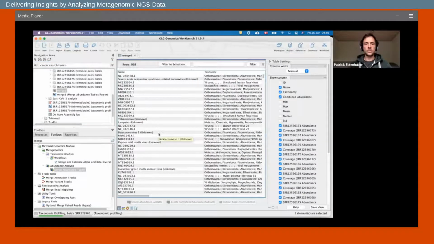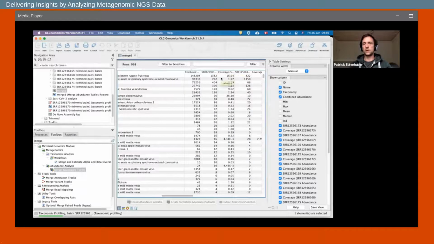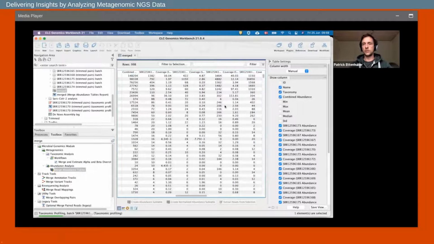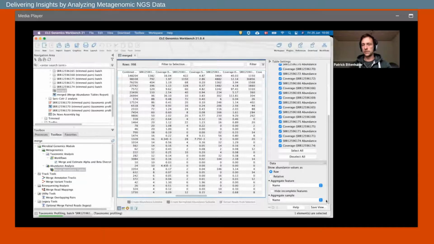If we look into that one, it looks a little bit similar to the one before, but it has many more columns now, one for each of the samples. Also, what is possible now is that we can aggregate those samples based on the metadata. One problem we have is that the metadata here is not the